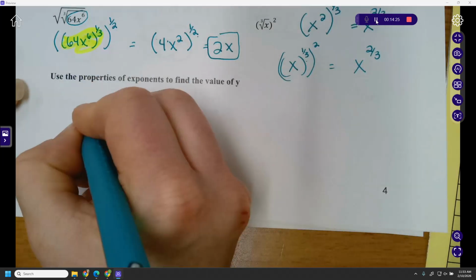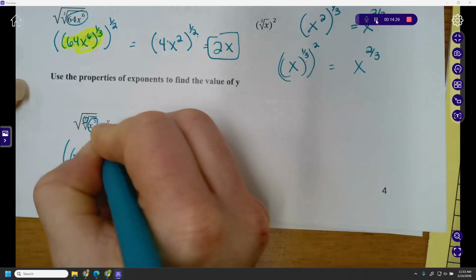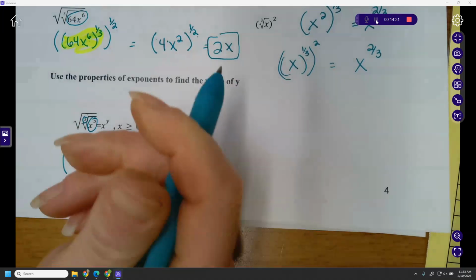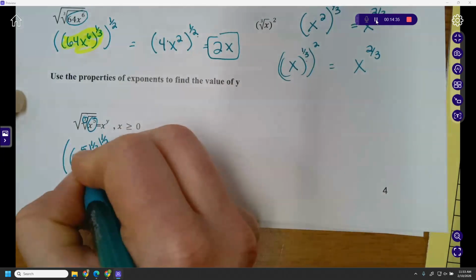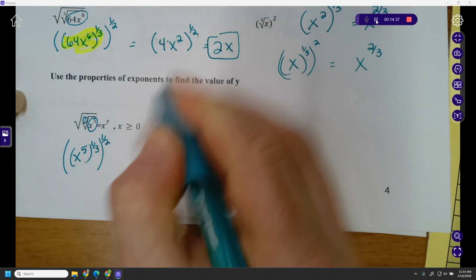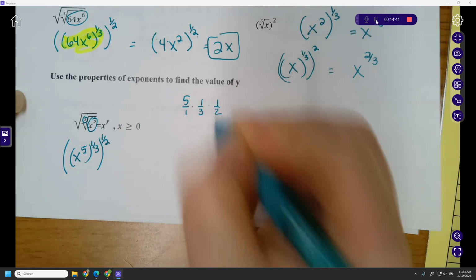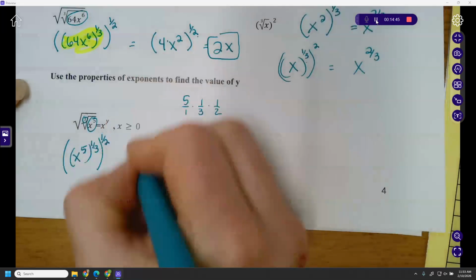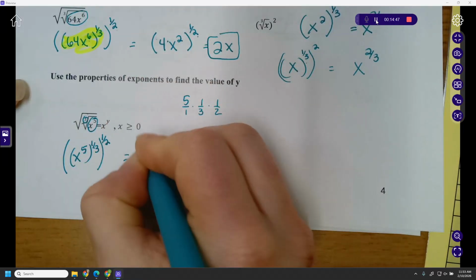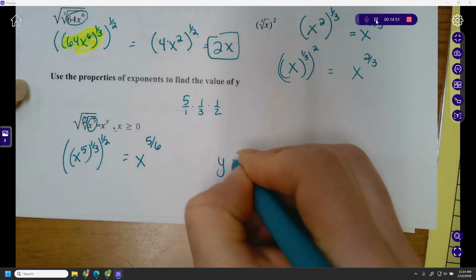Then I go one more out and there's now a 1/2. What if you have a power to a power to a power? Then you multiply all those exponents together. 5 times 1/3 times 1/2 is 5/6. So this is the same as x to the 5/6. What's the value of y? Y equals